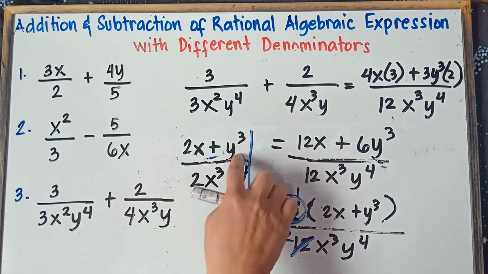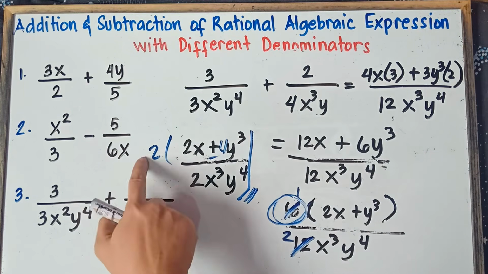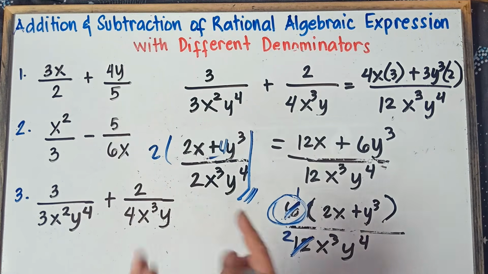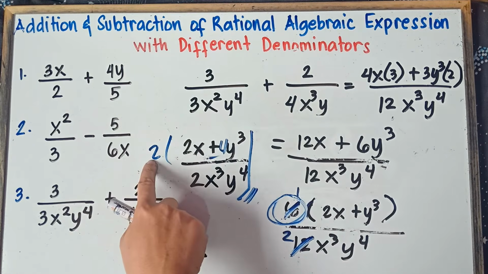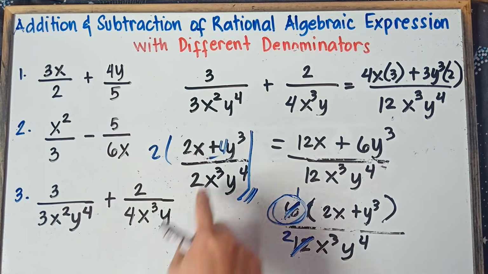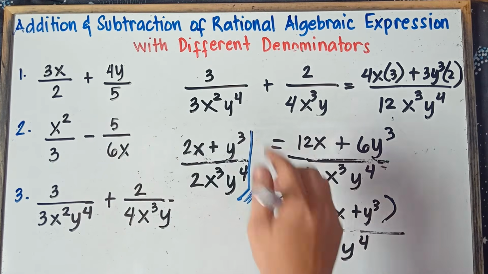So, as an example, if this is 2x plus 4y, you can factor this out by 2. We can divide 2 and then 2. Once again, class, just an example, because if this is 2x plus 4y, we can factor this out by 2, so you can divide 2 and 2. But once again, this is just 1. We can never factor this out. So, therefore, this will be our final answer.